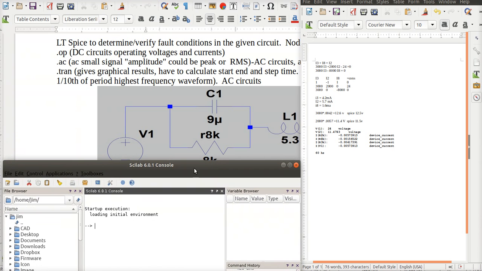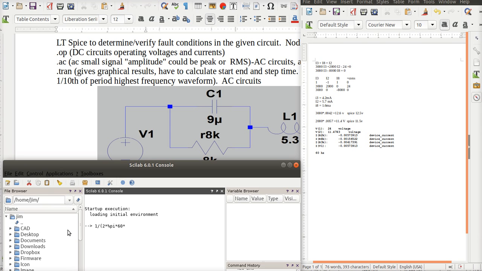So I've got a 9 microfarad capacitor. Going into Scilab as my calculator, it's 1 divided by 2 times, and this is how Scilab does pi. It's percent pi, and then it recognizes it as the constant that we're all familiar with, times frequency, which I told you was 60,